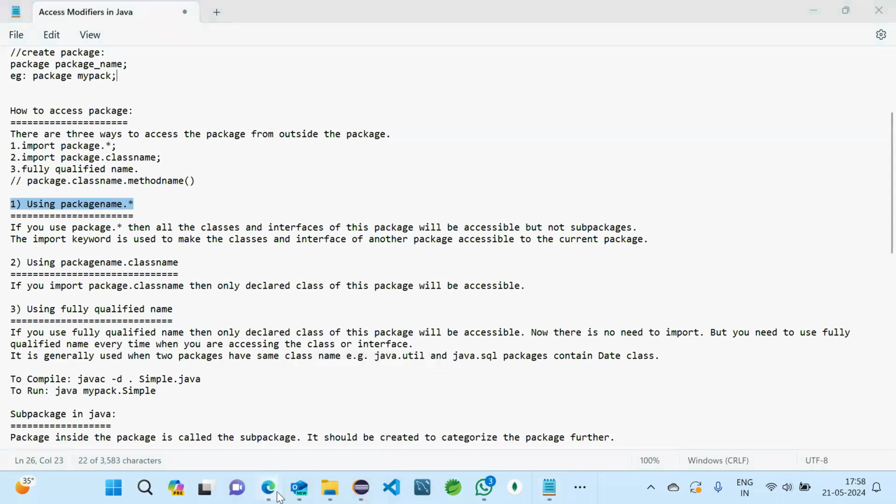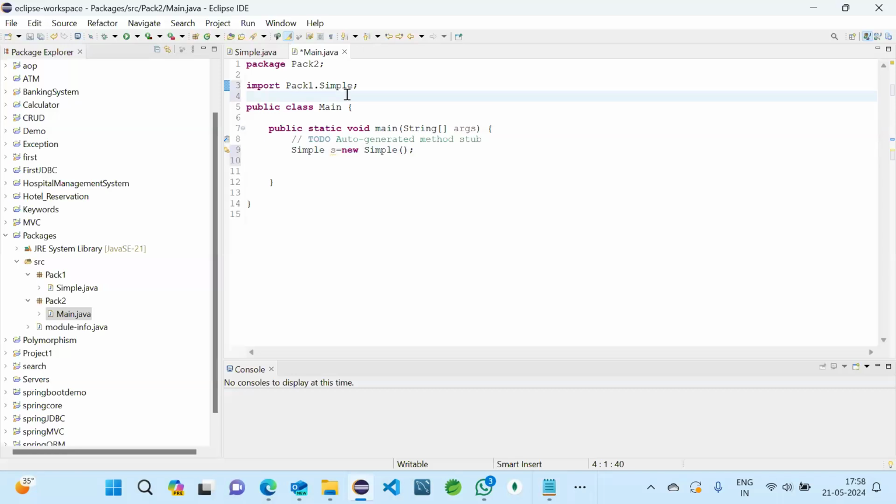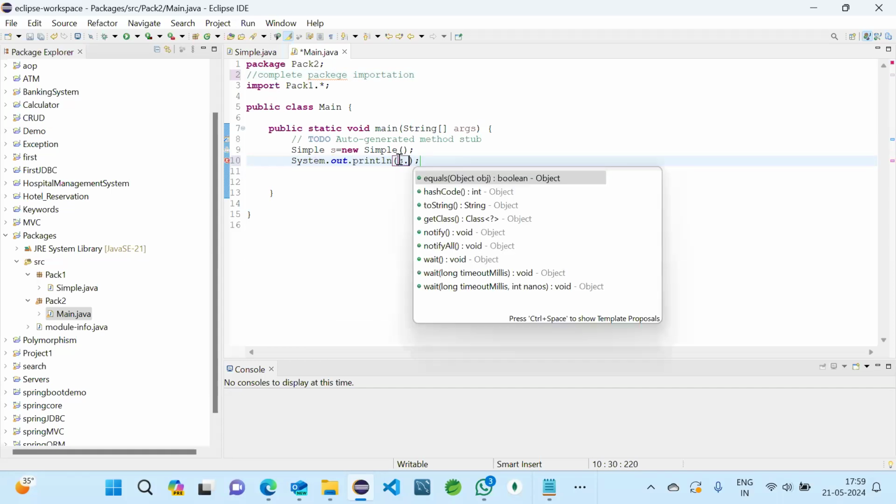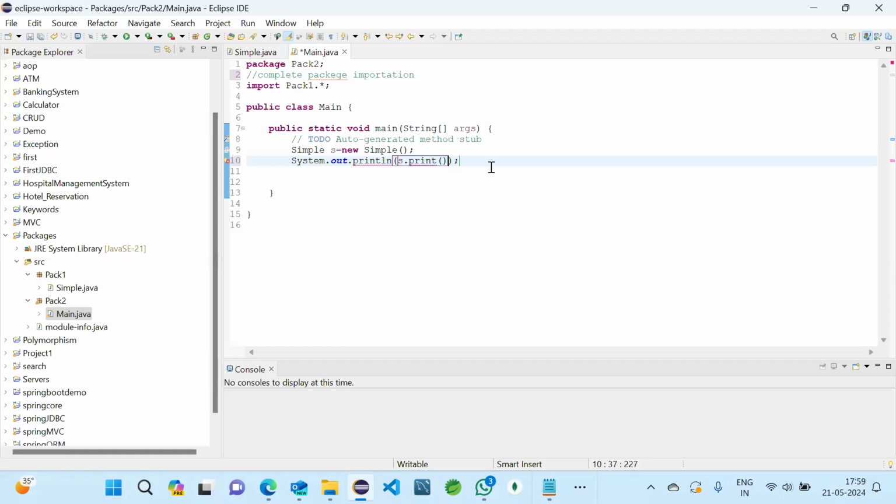So for now we are working with the complete package importation. So I'm going to write a star. So it will give everything. This time also the error will go. And what we'll do is I will give the comment complete package importation. So what we'll do is we call print